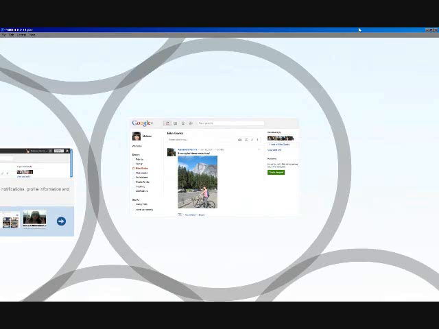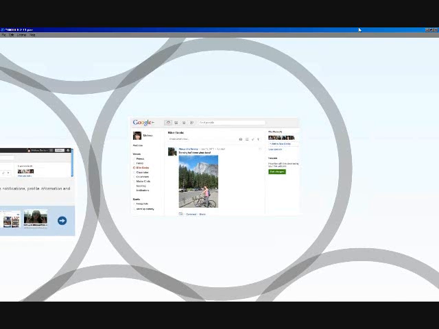Stream is like your Facebook news feed. It's the place where you can share your content, and then you can see what others are sharing as well. Your sharing can also be viewed by circle. In other words, if you put certain people into certain circles and you're only interested in seeing the sharing information from those specific people, you're able to do that within your stream.